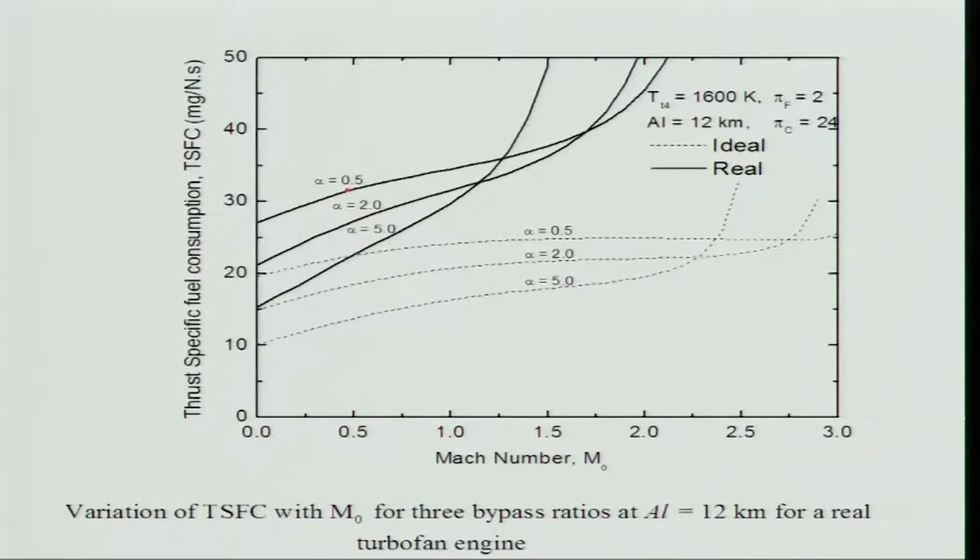And of course, as we increase the bypass ratio, you see different trends you can get, and it is similar to that of the ideal cycle, but the ideal cycle has a lower TSFC, which is obvious, as I told that we have not considered the losses. But the changes occurring here, these are the transition regions where the slopes are changing. As we are ingesting more amount of air, naturally it is expected that the transition will be more towards when the Mach number is beyond 1.